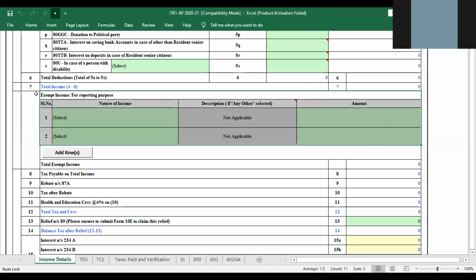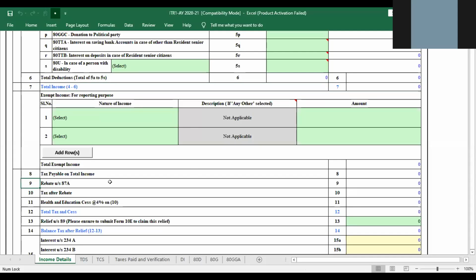So on total income, we will apply our slab rates. Now, before I go ahead, we have a general understanding that up to 5 lakh rupees, there is no tax. That is the general illusion that people have. But let me tell you that the slab for tax starts at 2,50,000. Up to 2,50,000, there is no tax. From 2,50,000 to 3 lakh rupees for general people who are not senior citizens, it is 5%. From 3 lakh to 5 lakhs, it is again 5%. From 5 lakh to 10 lakh, it is 20%. For 10 lakh and above, it is 30%.